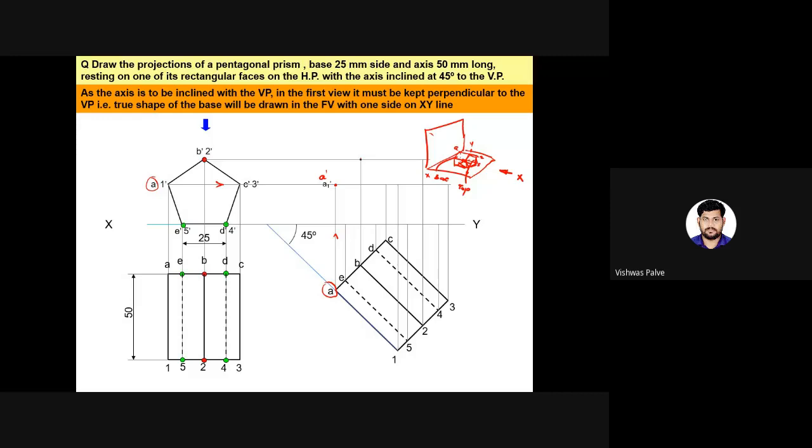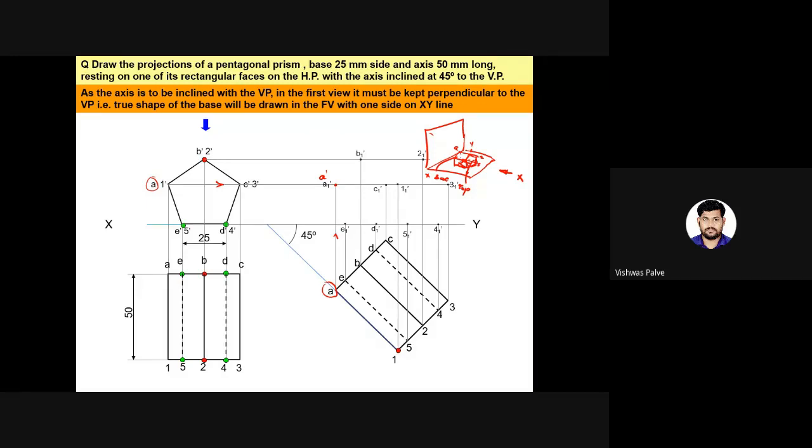So this will be my next point, B vertical, B1 dash. Then C horizontal, C vertical; you have to follow the projections. Wherever it intersects, C1 dash. Then D vertical and D horizontal. Wherever it intersects, you will get the point D1 dash. Then E horizontal, E vertical. Wherever you get those points, you have to draw them. Similarly, take out the projections of points 1, 2, 3, 4, 5, all 5 points.